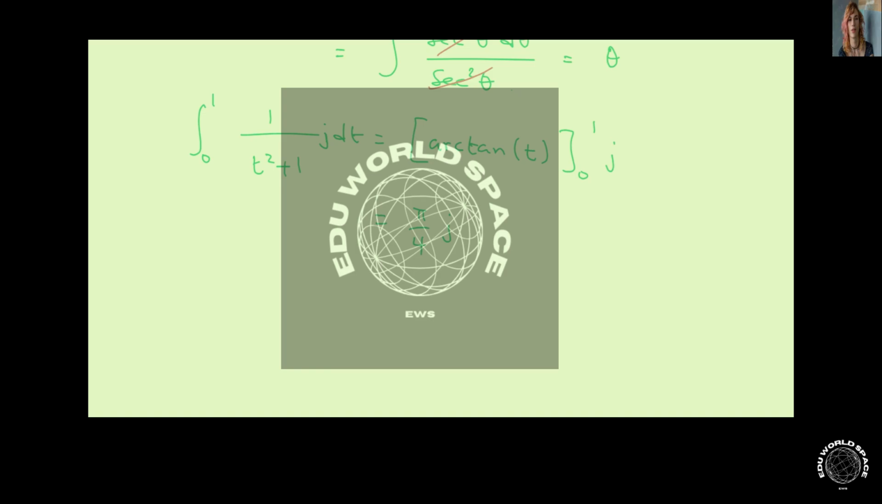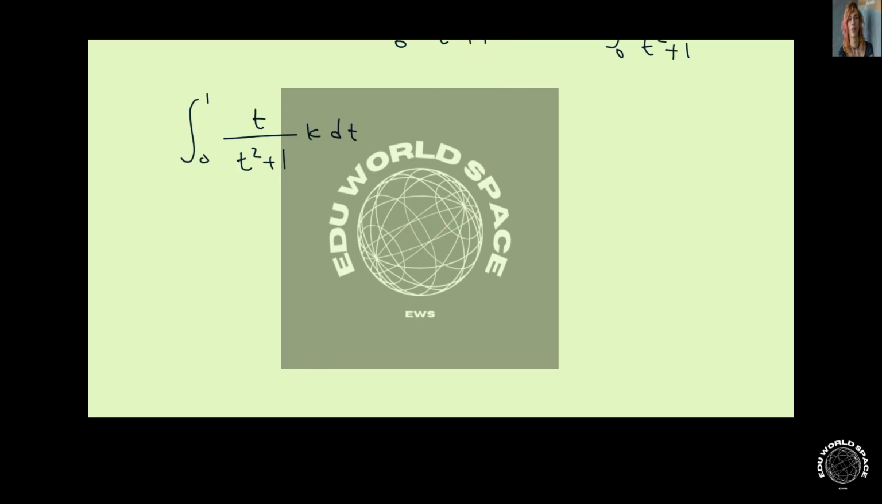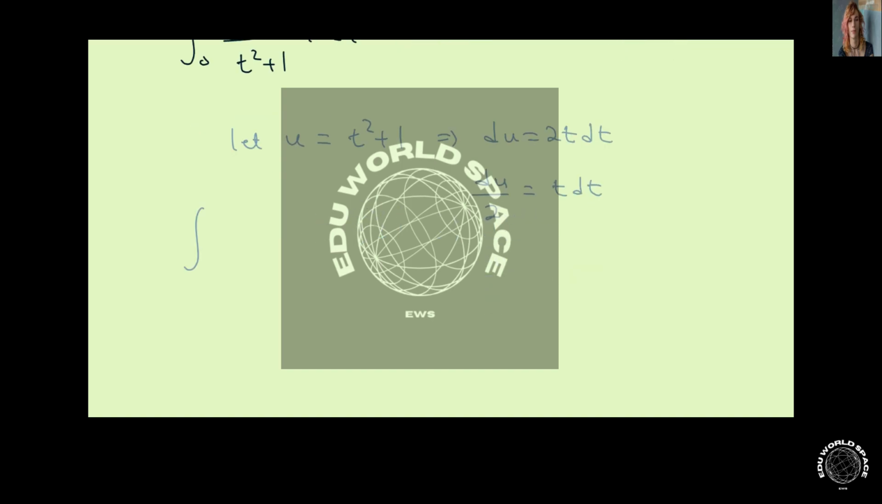Now we are left with the last part. So this is the last part. Now we're going to make a substitution. We will let u equal t squared plus 1. So this would imply that du equals 2t dt. And now we can write du over 2, which is t dt. So we already have t dt there. So we have integral t over t squared plus 1 k dt, which equals